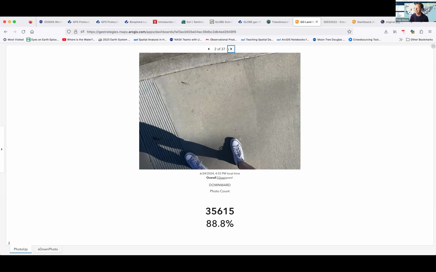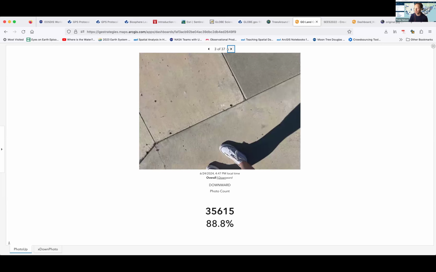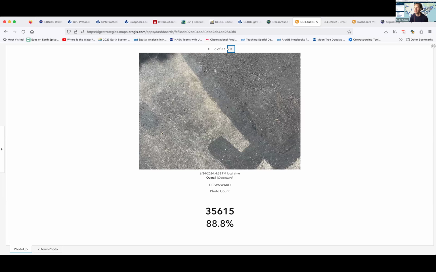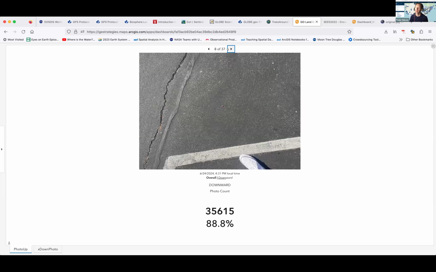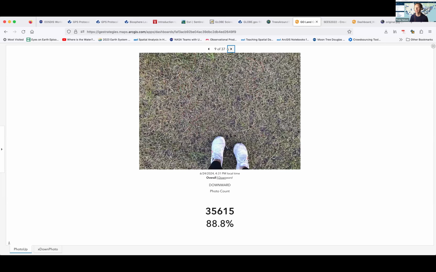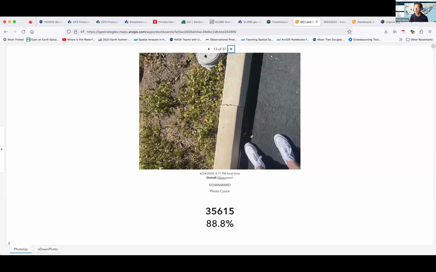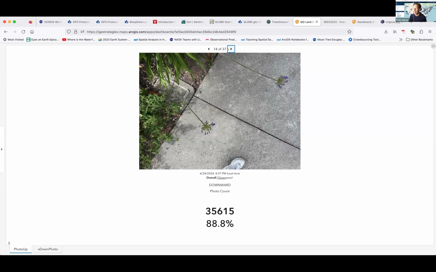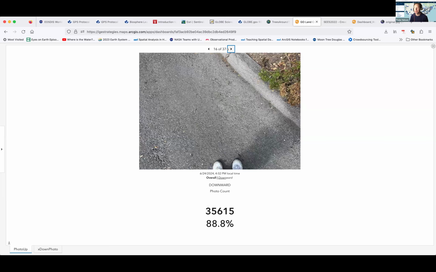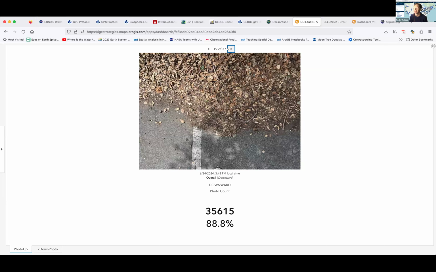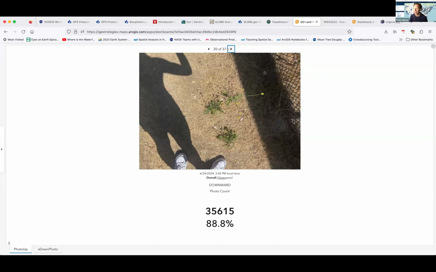And one of the things that is really useful by putting your data together like this is you can start seeing similarities and differences as you go through your different locations. Okay, so right now I'm feeling really happy with all of these feet that are showing up in these photos. And part of that is because feet give us scale.